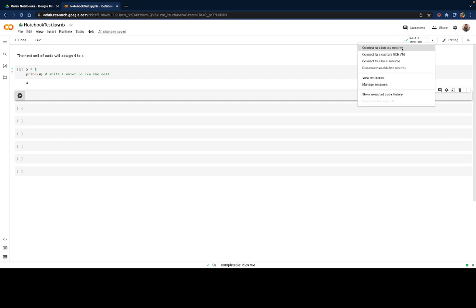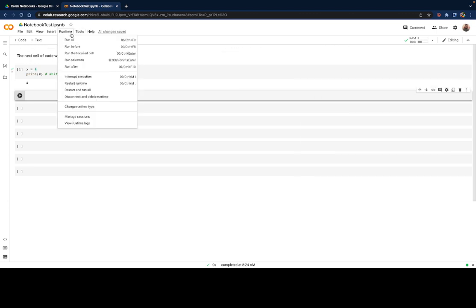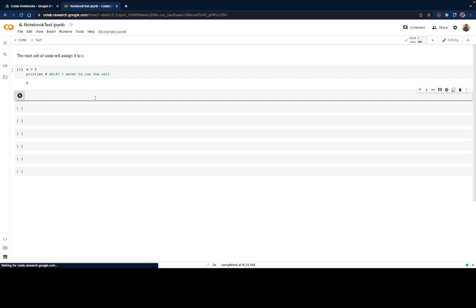And then you can go to view your resources here. So you can actually see the RAM and the disk space that you're using. And so it's just a cloud source, but it's a little bit more control. You could do a little bit more stuff with this. I usually just leave that alone,